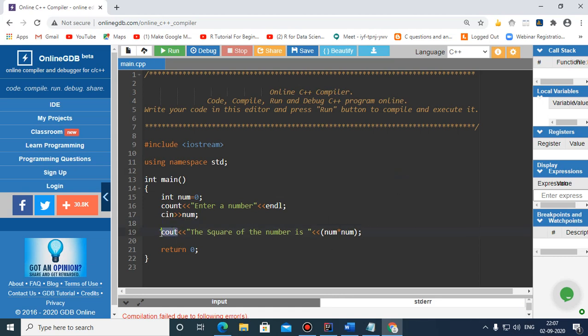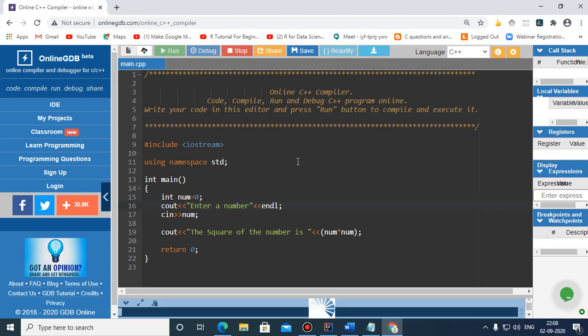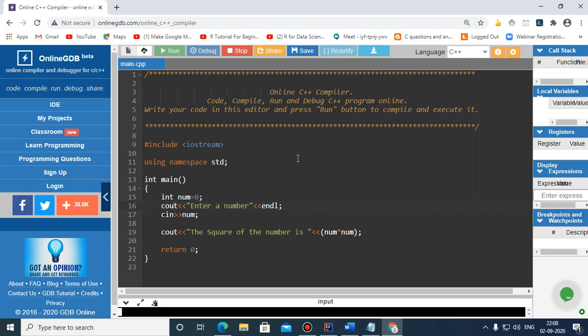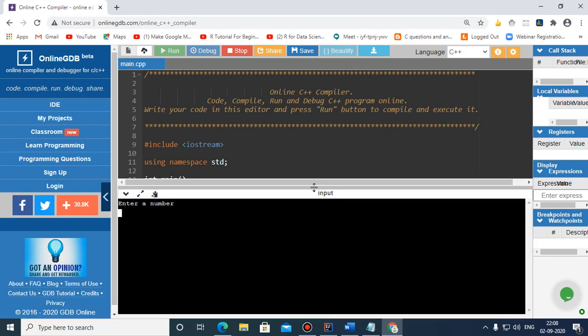The statement must be cout, but here I have written count. So you have to be very careful while you are typing like this. So now just after this, you can see that the rest of the statement I have not changed. So again, I'm trying to run this program, and you can see that here on the screen it is asking me to input the number.